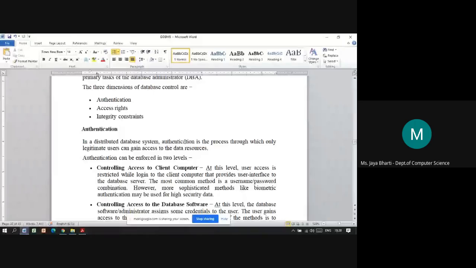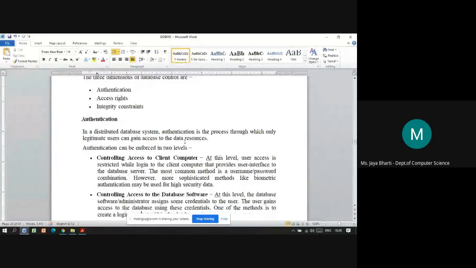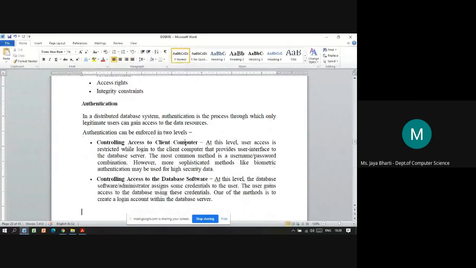Authentication is basically the process through which only authenticated users can gain access to that database or to those data resources. In authentication, there are again two levels: controlling access to the client computer and controlling access to the database software, that is, the application program.